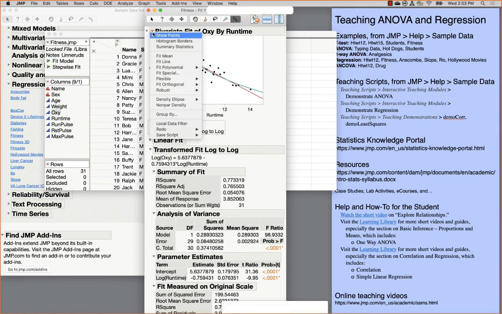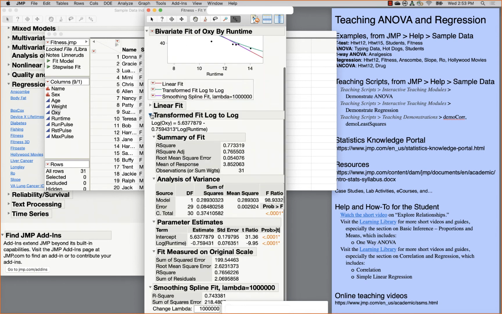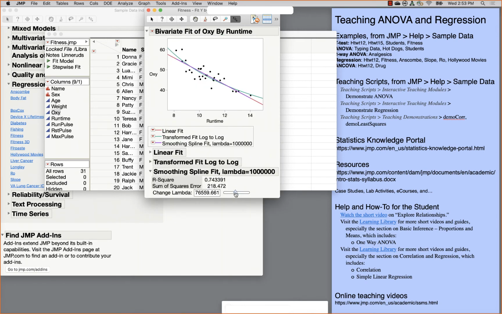We could also add a spline effect. So there's really cool things we could do. We could fit a spline here. I can pick any of these values, and then I get this little alpha or lambda smoother. So I can make it really spliney, overfitting the data, or I can make it completely flat where it matches the regression line. So as I add a little curvature,